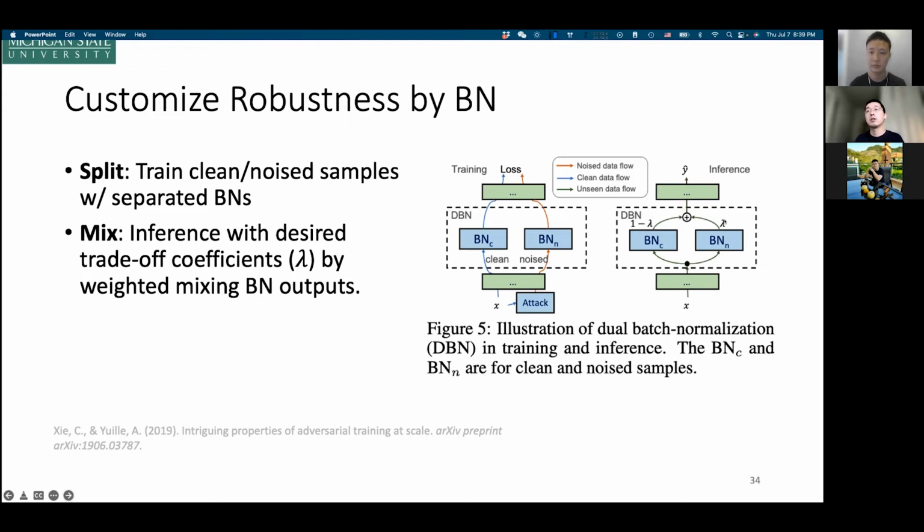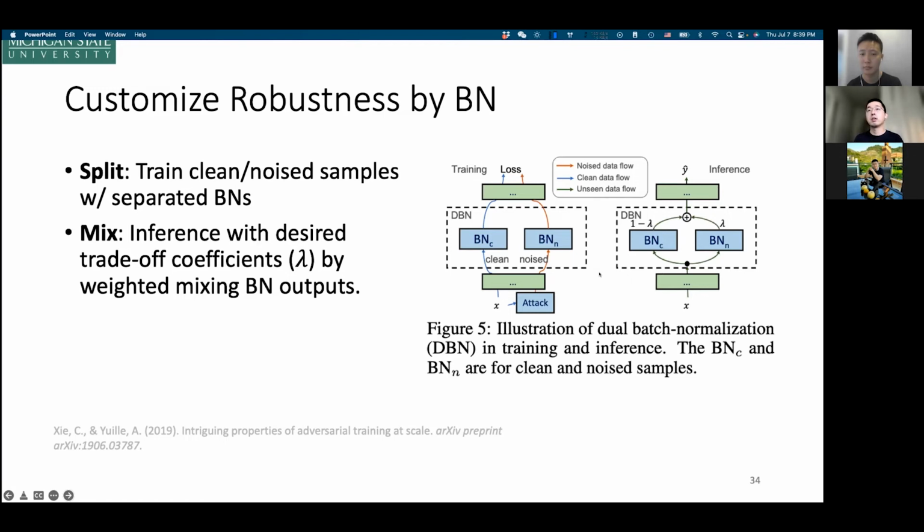That is, if we want to customize this model by a parameter lambda to trade off the robust accuracy and the clean accuracy, then we use this lambda as the weight in the linear combination per batch normalization layer.